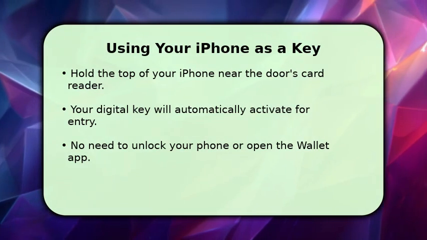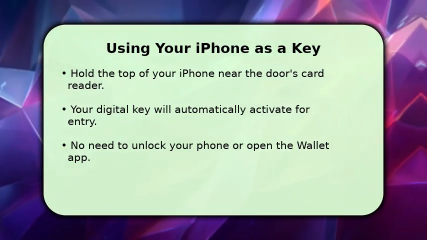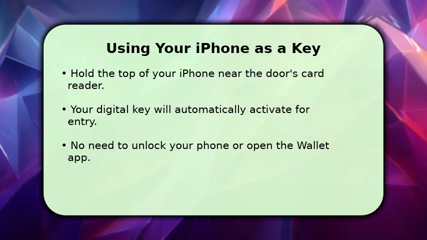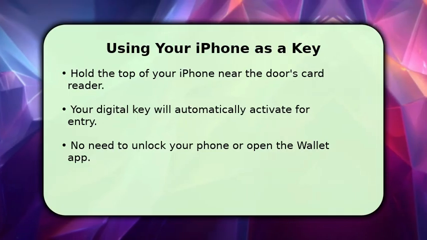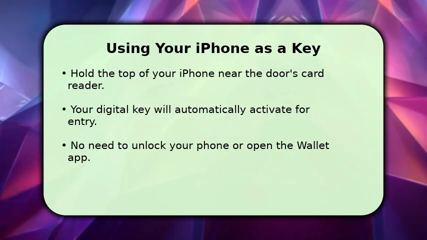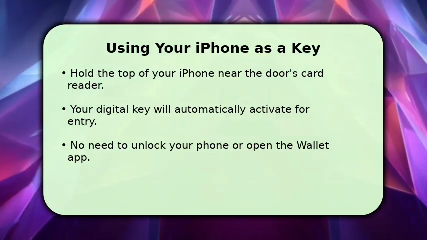Using your iPhone as a hotel key is incredibly convenient. Simply hold the top edge of your iPhone close to the door's card reader, just as you would with a physical key card. Your digital key will automatically activate, granting you access to your room. There's no need to unlock your phone or even open the wallet application, making entry quick and seamless every time